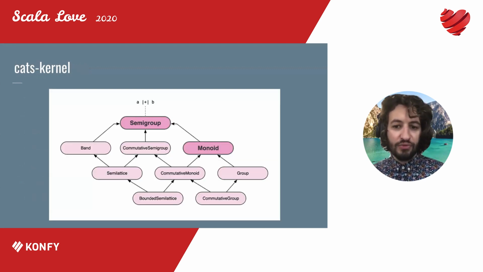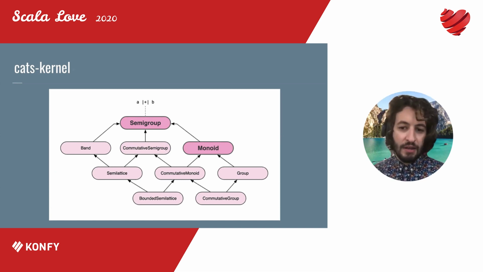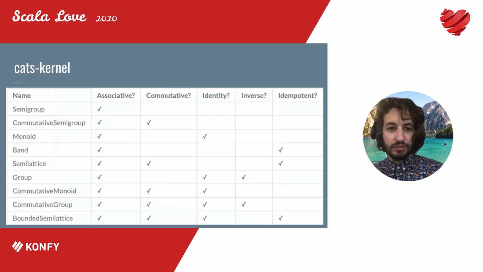So if we look at Cats kernel, this is one of Rob Norris's type class diagrams. This is where monoid and semigroup come from, and it looks like some kind of thing. And I remember first looking at this and being like, "Ooh, okay, where do I even start?" At least monoid and semigroup, because they're more important, they're highlighted, which is good. But what the hell is a band or a bounded semilattice, and what are all these arrows? It looks a bit confusing, but I hope after this talk it will make sense. And so basically, all of these structures are just like monoids, but they have different laws. That's basically the only difference.